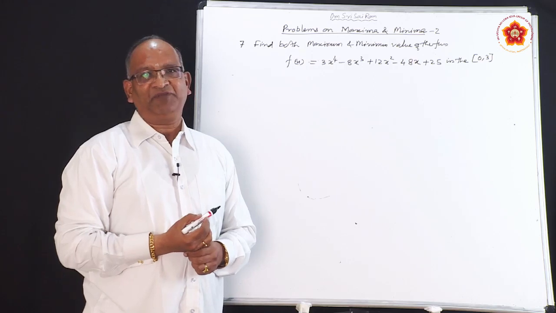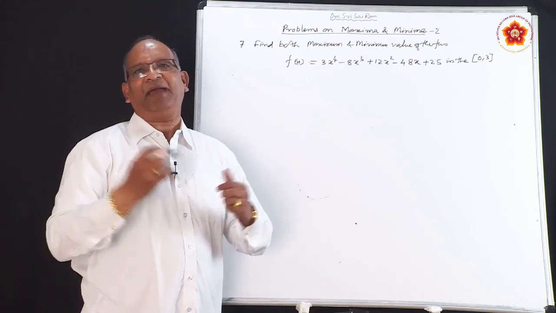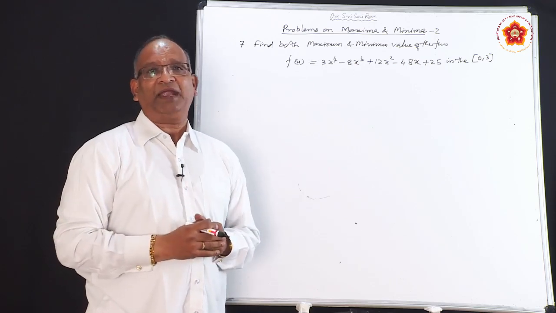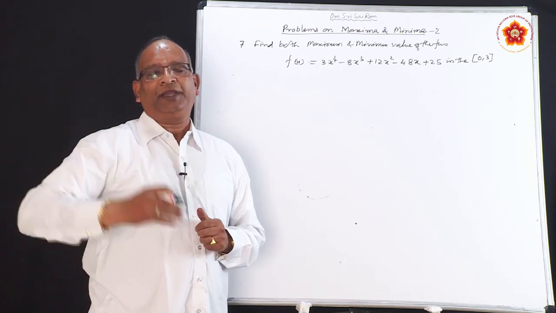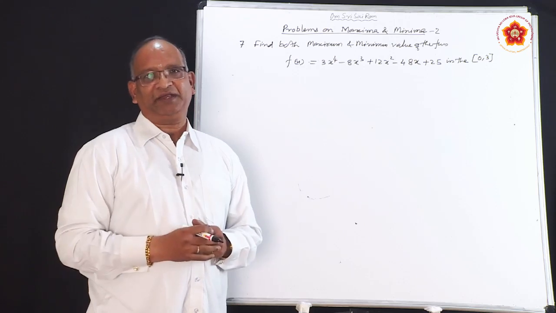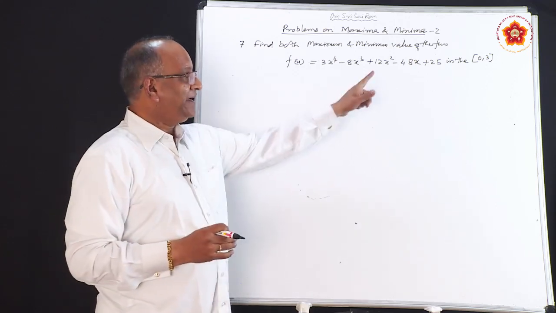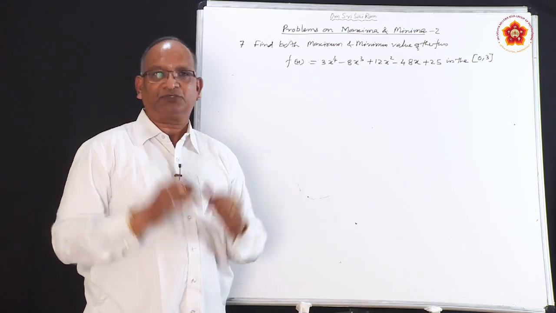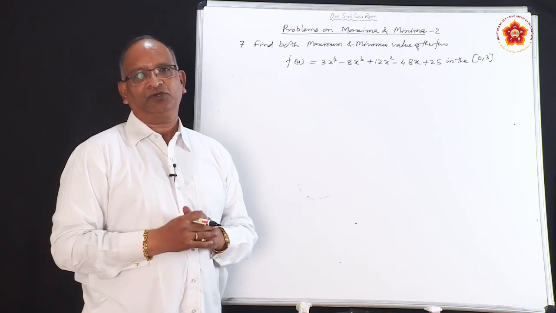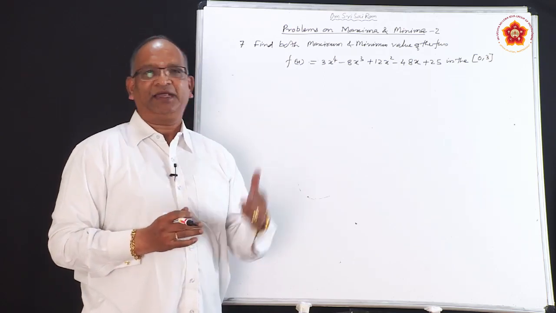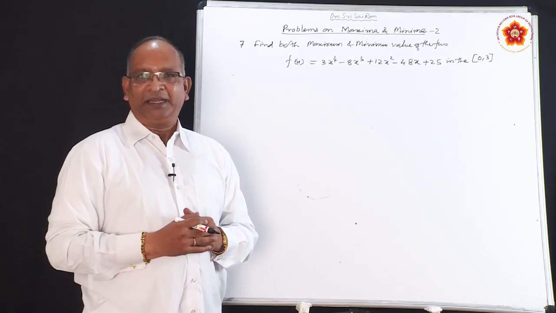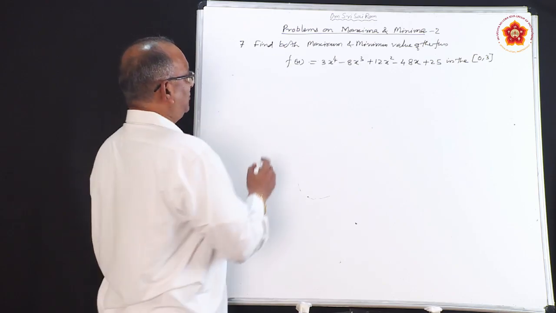Yesterday, the last problem we were doing was about absolute maxima and absolute minima. And we discussed that to find absolute maxima and absolute minima, we don't need to go for the second derivative. We find the first derivative, equate it with 0, and taking into consideration the extreme values of the interval along with the critical points, find the value of the function for each of them. Then we come to a conclusion: the highest will be called absolute maxima, and the least will be called absolute minima. So, first find f dash x.